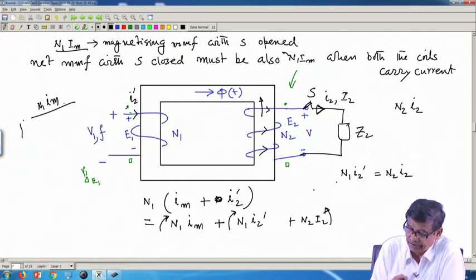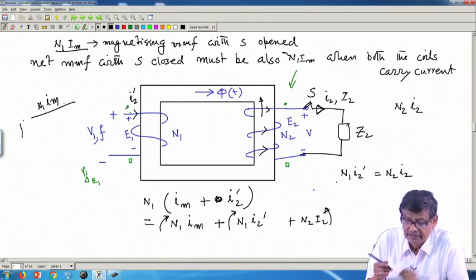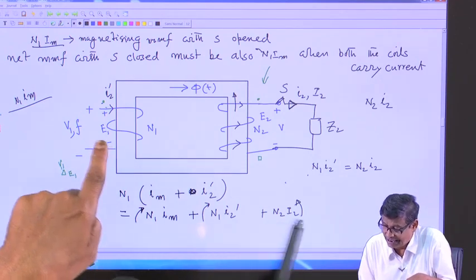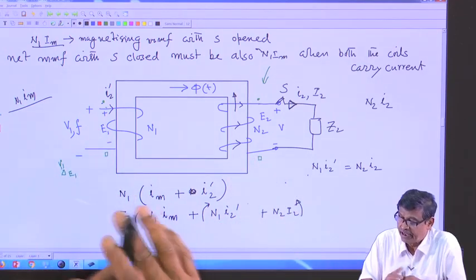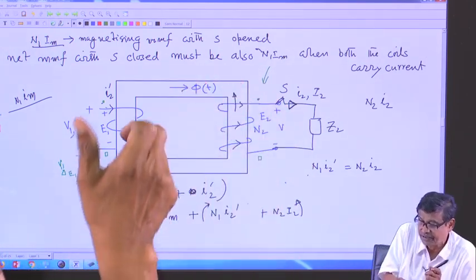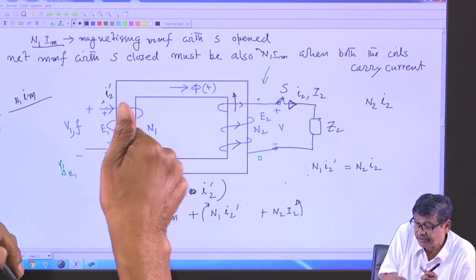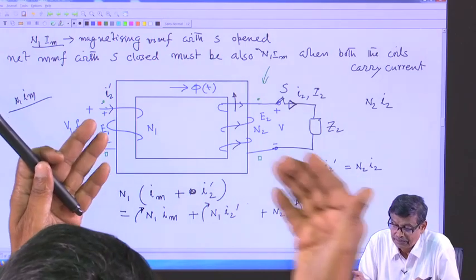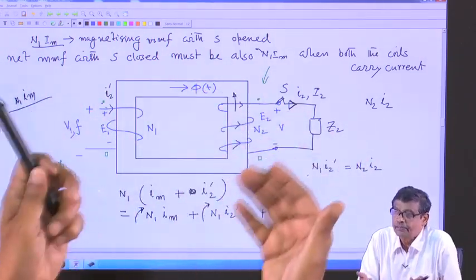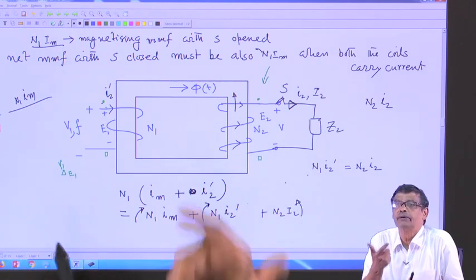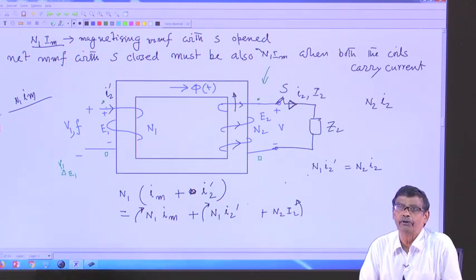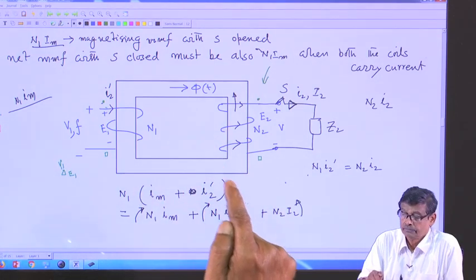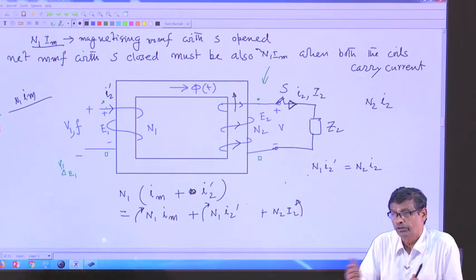When you close the switch, what is the net MMF acting in the circuit? Let there be N1 Im, and these two will cancel out, because N2 I2 creates flux in this one and N1 I2 dashed create flux in this one, and if these two are equal, they will cancel out. So, net MMF how much it is acting now? Once again N1 into Im. This is the most crucial point, and this the transformer has to do for all the time. That is why it is true for instantaneous values also.